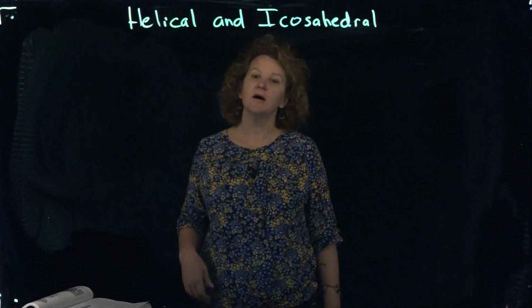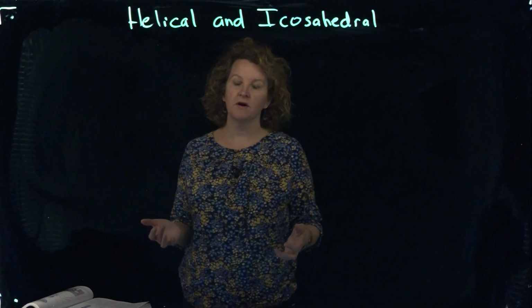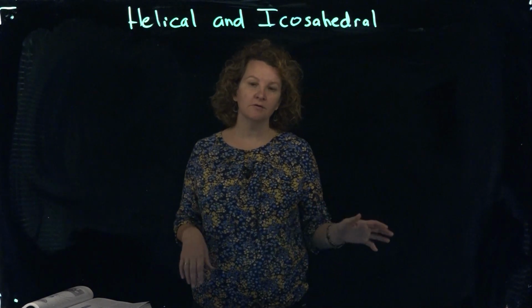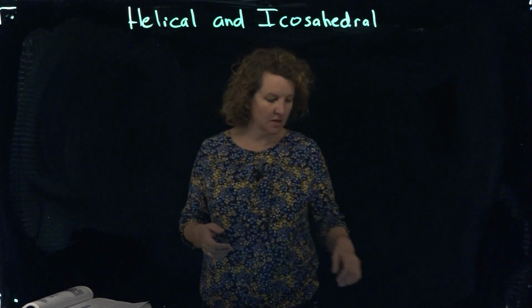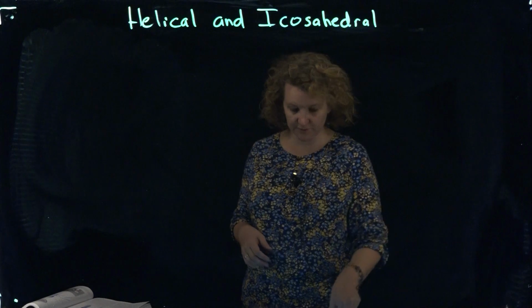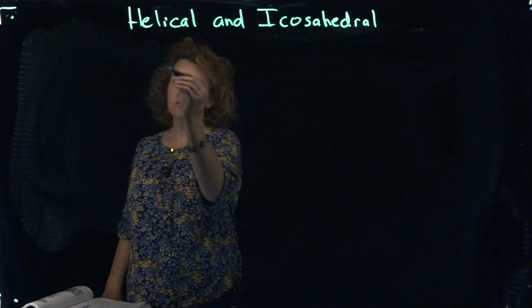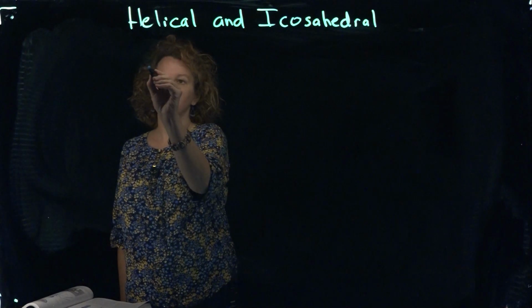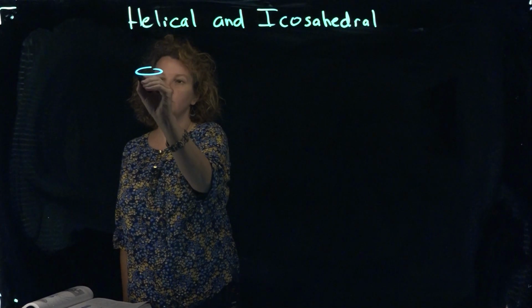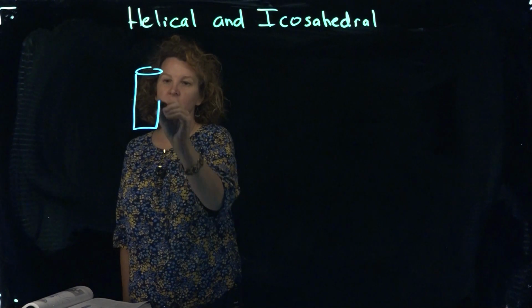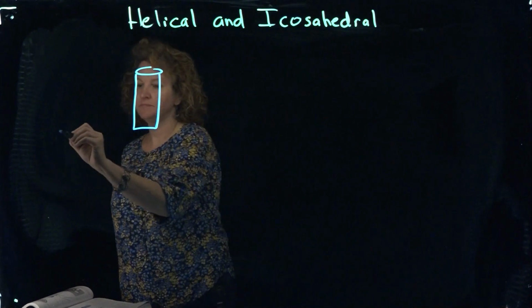Hi there, this video outlines some variations on viral structure, including the helical and icosahedral shapes, as well as envelopes and some optional structures. So the helical virus is somewhat cylindrical when you look at it in a very simplistic view. And remember that the capsid